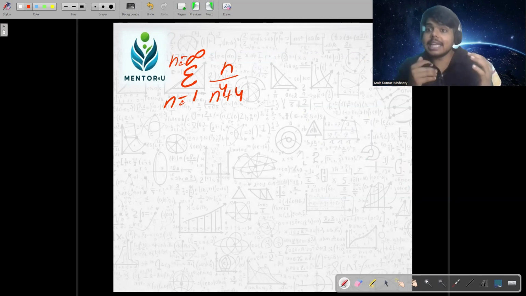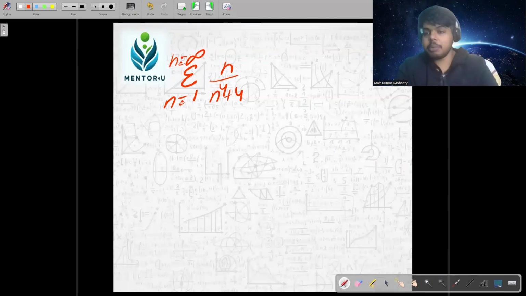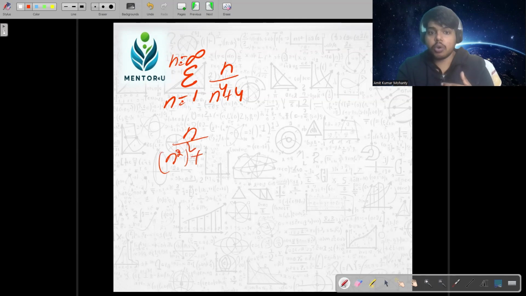There is a large disparity in the power of the numerator and the denominator. So what can I write? Can I look into how to update this value? I'm keeping the summation aside so that we can freely calculate the values. Okay. So n by, can I write n to the power 4 as n square whole square, plus 4 as 2 square